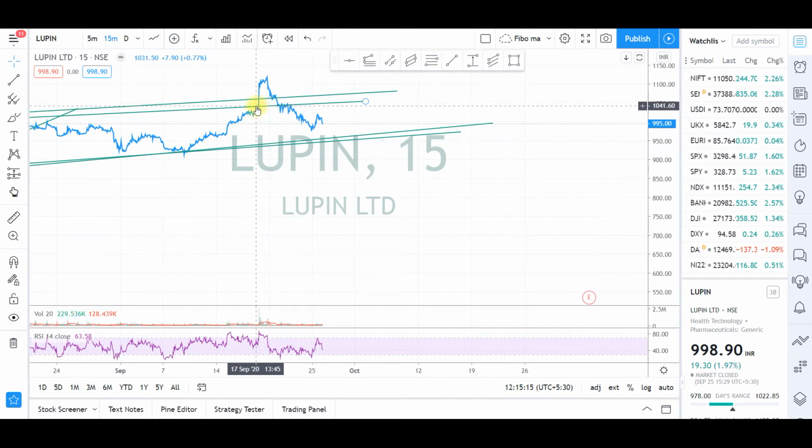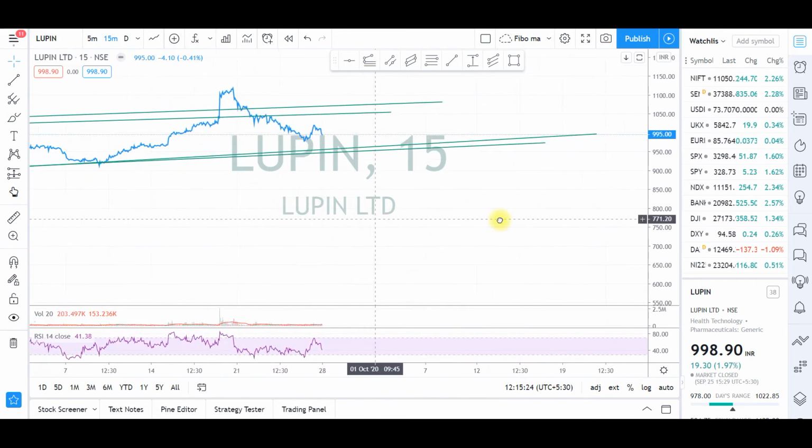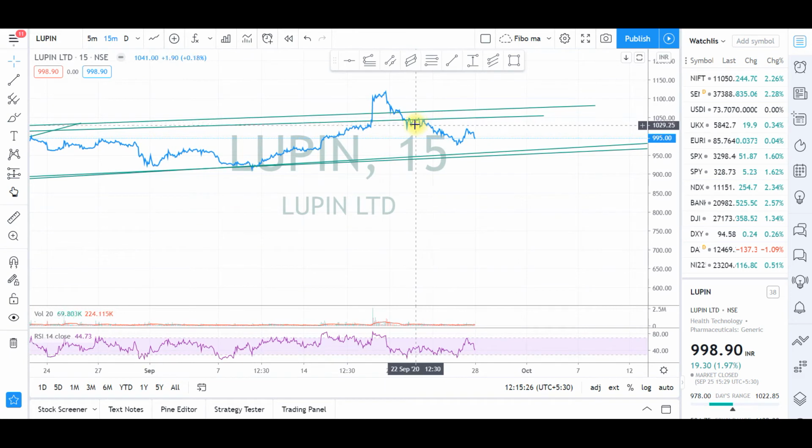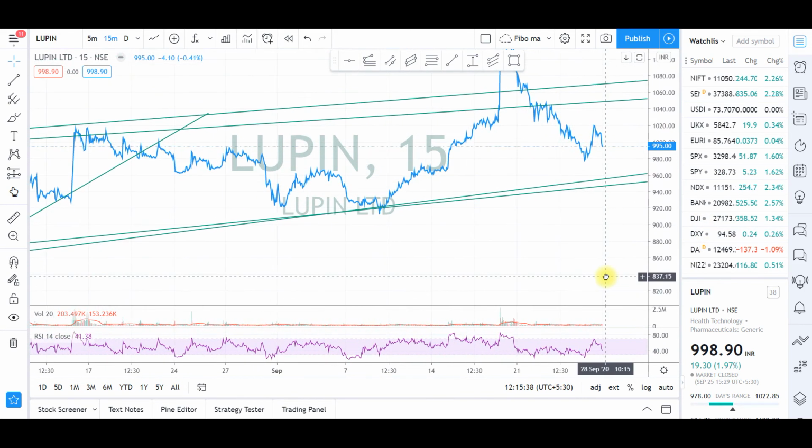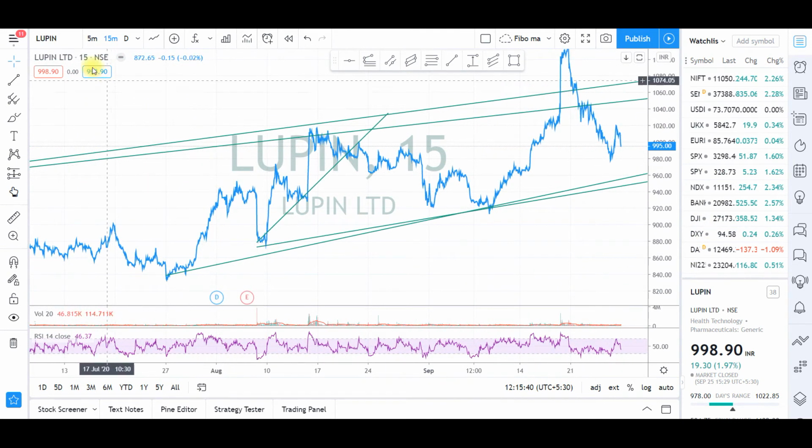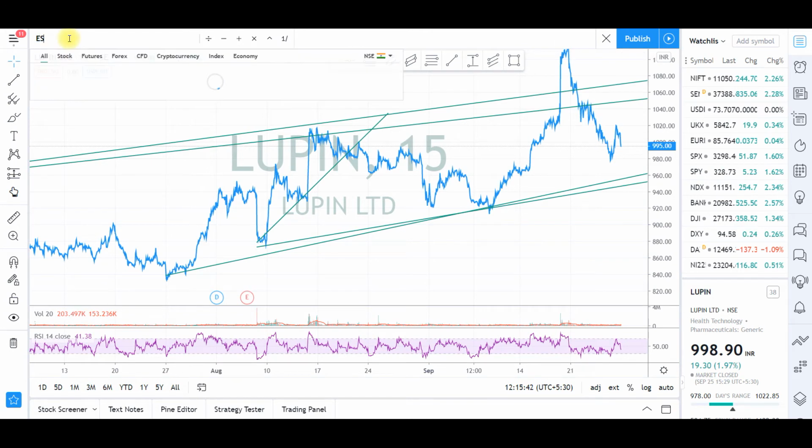I am going to close off my trade here, because I don't know what is going to happen after this particular thing. Once it has opened at this particular point, we know this resistance has been there. It is not breaking that resistance, so it is going to fall, and my target probably would be this particular level. This is how you would trade in a day if you have a clear picture of things. Now let's find out some other stock.